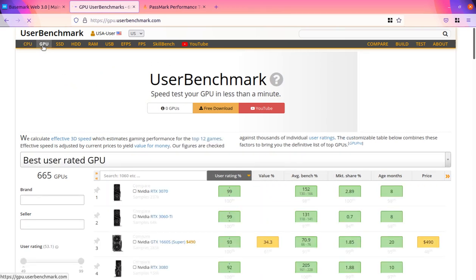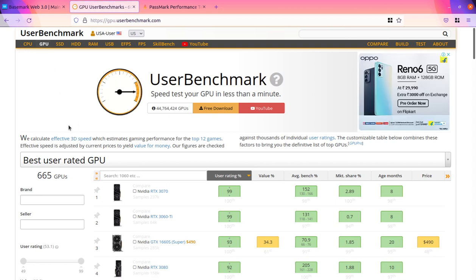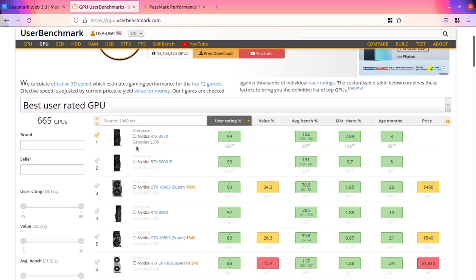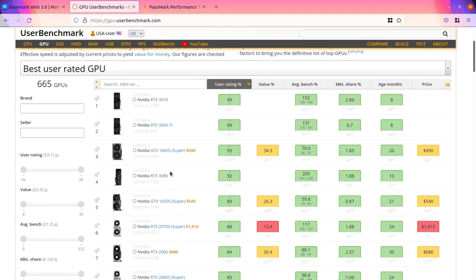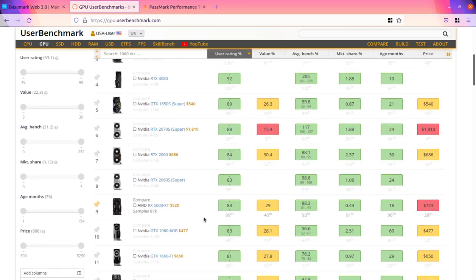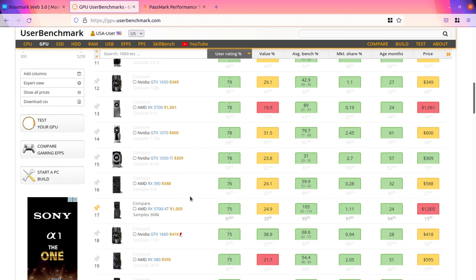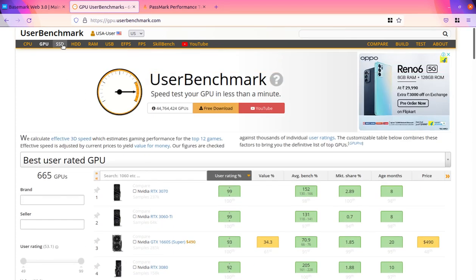And if we talk about the GPU, this is the graphics card basically. So the best user rated GPU is here. NVIDIA RTX 3070 got the top position, and the rest of the details of GPUs are here, so you can check this.